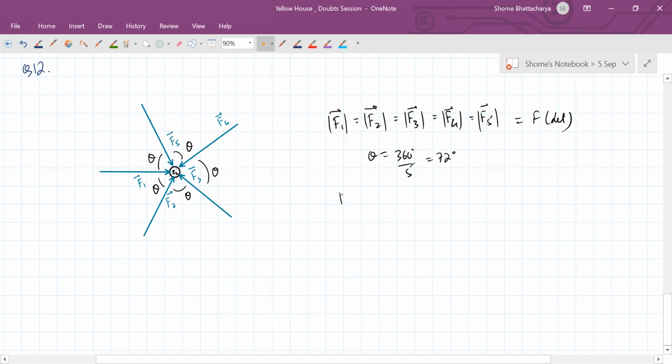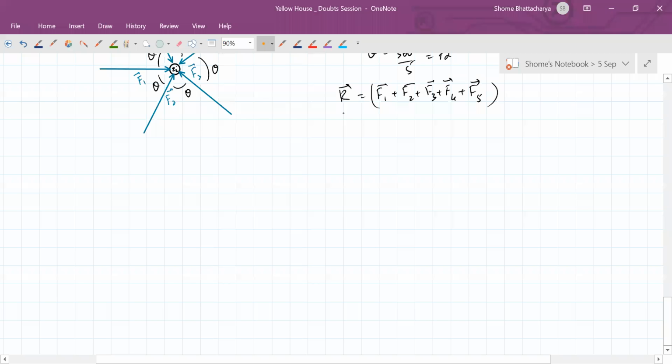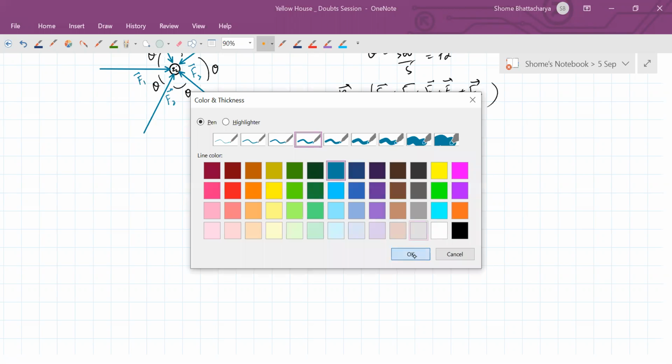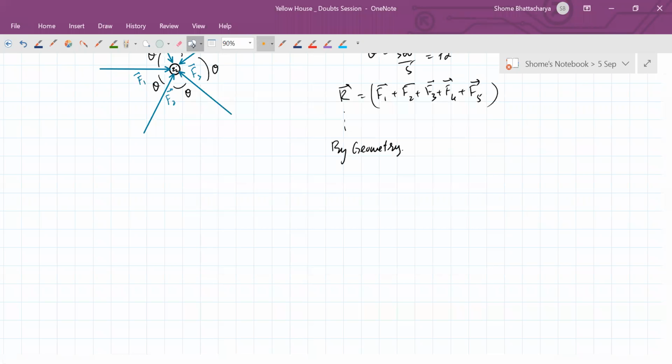Now we have to find the resultant of these. You will see that relying on component algebra is a little tricky here because we don't know sine, cos, tan of 72. However, if we try to draw a geometrical solution, to find the resultant by geometry, you will come to an interesting conclusion. Geometrically speaking, the conclusion is based on the geometry of a regular polygon. In this case, it will become a pentagon.